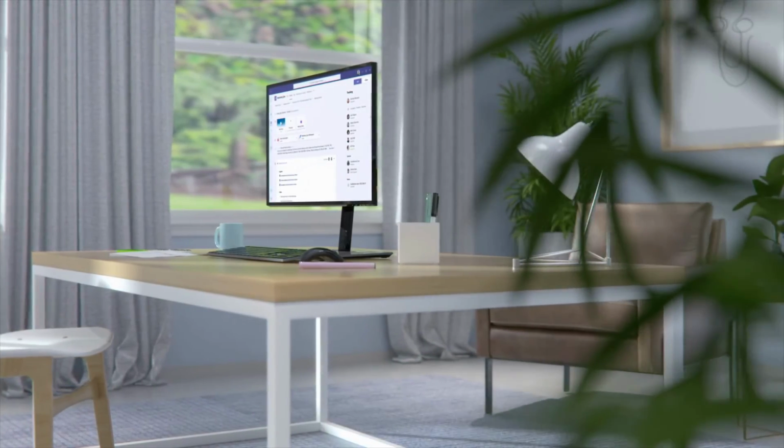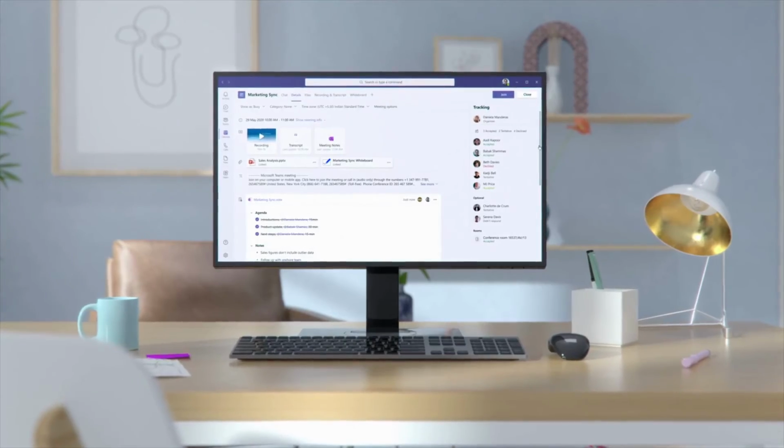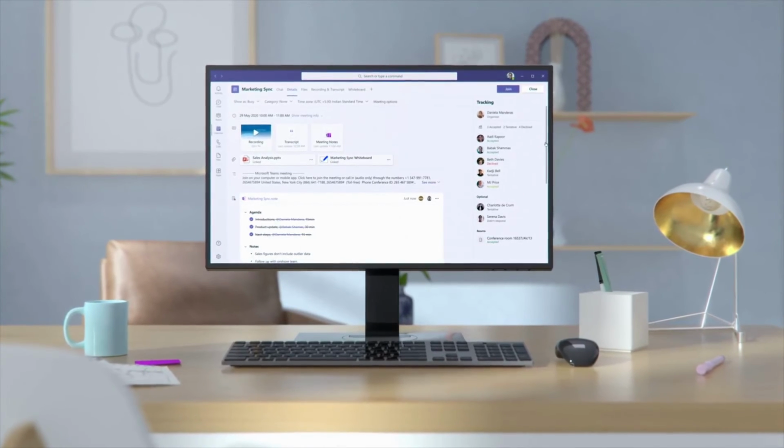As the nature of work continues to evolve, it's clear that meeting fatigue is real, and protecting our time and well-being is essential. We believe that everyone should feel empowered to prioritize what's important and flexibly choose how and when they want to collaborate. And while meetings will continue to be an important way for teams to come together, sometimes the best meeting is the one you didn't have to attend. To ensure people can work effectively whenever they need to, we've made the meeting recap more helpful and intuitive.